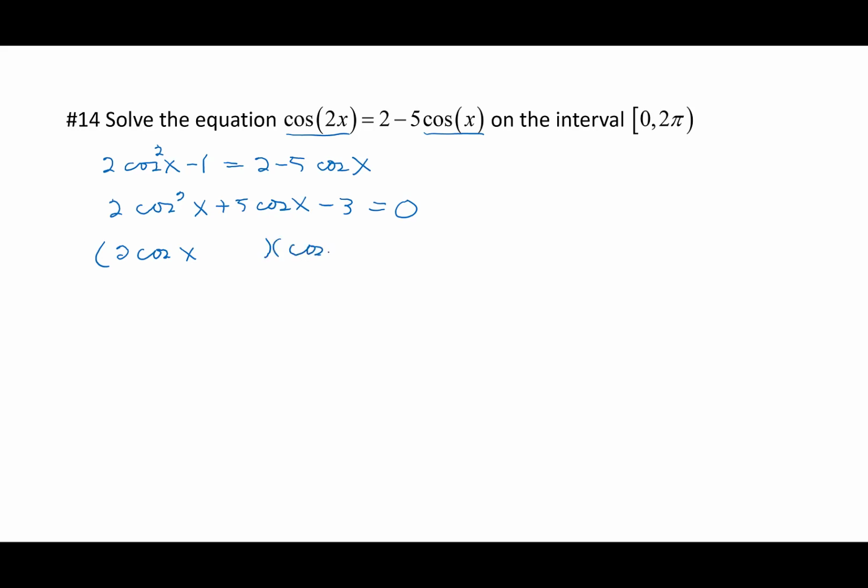2 cosine x something, cosine x something. And I'll just kind of look at where we have a 3 and a 1. We probably want to multiply together. If I want a 5 here in the middle, I'm probably going to do a 3 and a 1 like so. And 5 in the middle is positive. So let's do plus, minus, and see if this works. So if I FOIL together 2 cosine x minus 1 times cosine x plus 3, I get 2 cosine squared x plus 6 cosine x minus 1 cosine x gives me plus 5 cosine x in the middle, and then minus 3. It works. If we set each of these factors equal to 0 to find our possible solutions here,